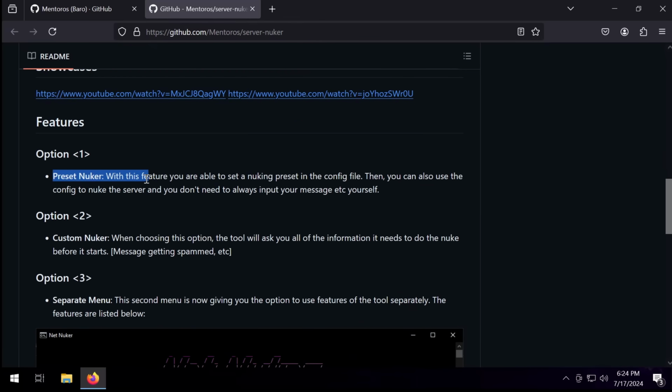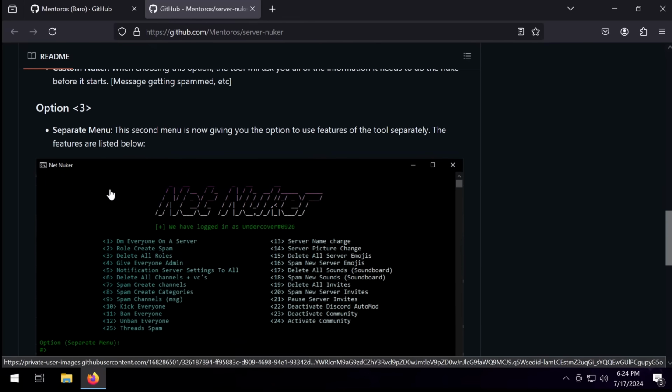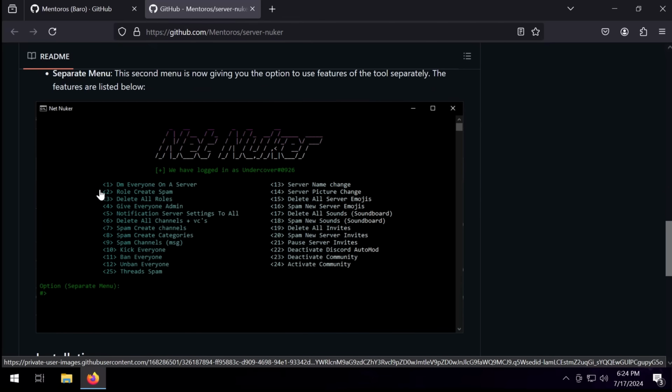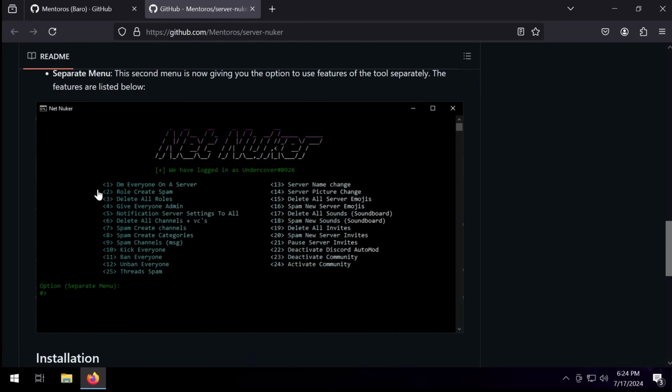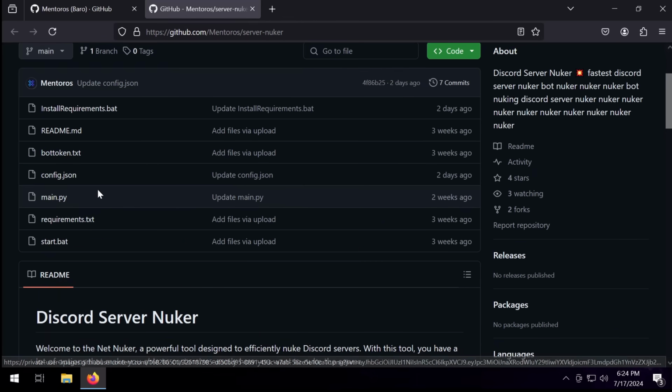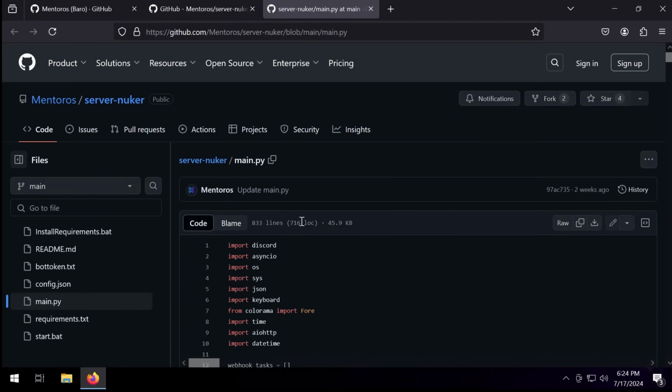So here we go, preset Nuke. So this is something that is intended to basically, this is a trolling thing for joining Discords. So the main thing to note is just the fact that this is not as legit as it would seem, and the fact that it's open source doesn't necessarily protect you, because there are a lot of things that can